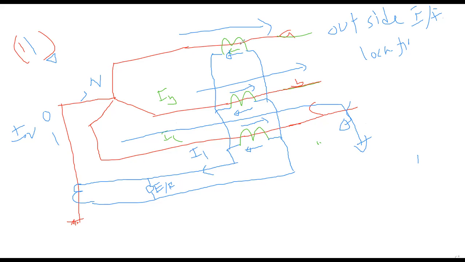So I1 is actually the summation of all these three currents. Can we say that? Yes, sir. So I1 can be IA plus IB plus IC, isn't it? Now take a closer look. As this fault involves the ground, there will be a neutral current, right? This is IN. There is a fault with ground involvement, so neutral current will flow, isn't it? Yes, sir.